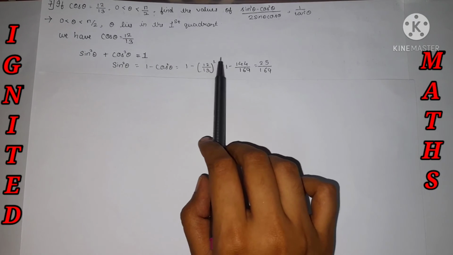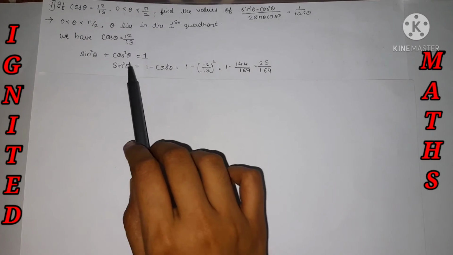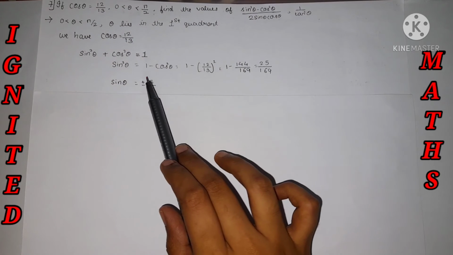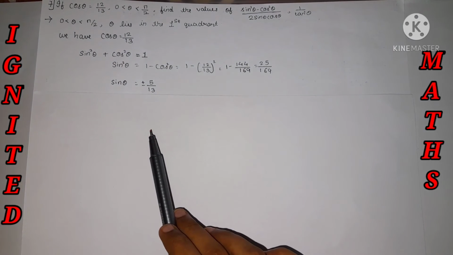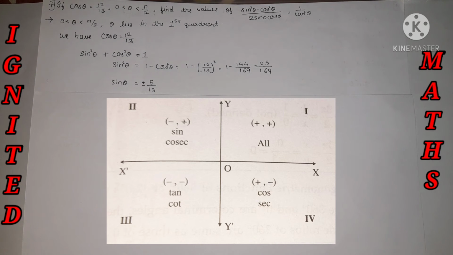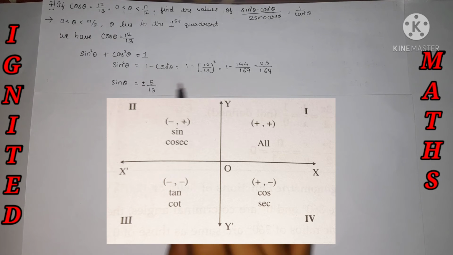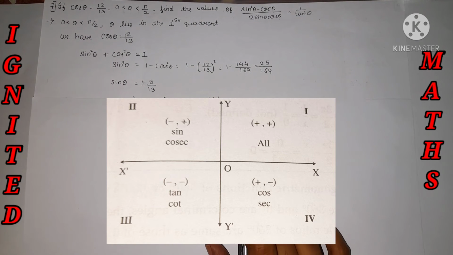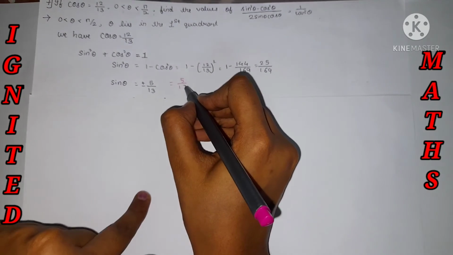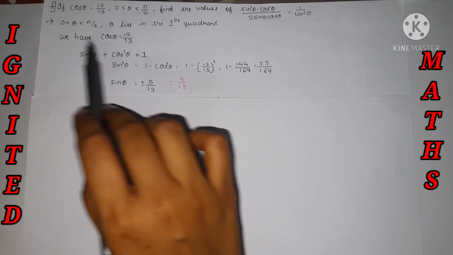and we have the value of cos theta, that is 12 by 13. If we square it, we will get 25 by 169. But we need to remove the square, so if we take the square root, we will get plus or minus 5 by 13. But for trigonometric functions from 0 to 90, that is in the first quadrant, the values will be positive. So the negative part will be removed, and sin theta is equal to 5 by 13, because theta lies in the first quadrant. Now we have the values of sin theta and cos theta.